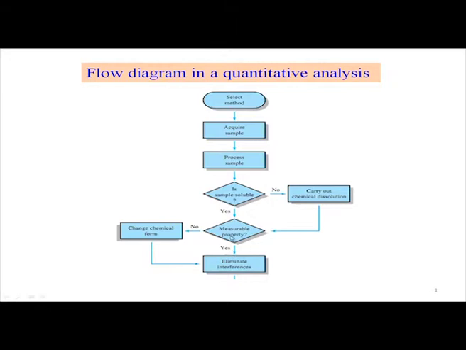So, if it is soluble, in solution we can measure the color intensity. So, what is your measurable property? Your measurable property is the color intensity, and that color intensity will be directly proportional to the concentration of the nickel present in the unknown sample. So, up to this point is good. That means, if you have a measurable property, you are happy and you can proceed further to analyze.